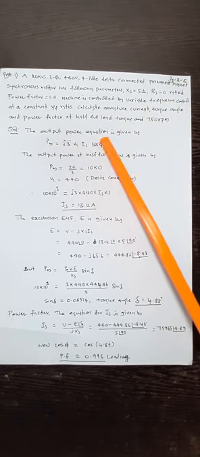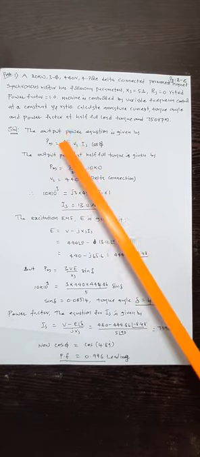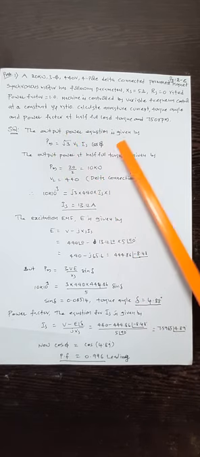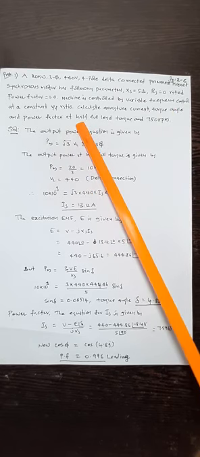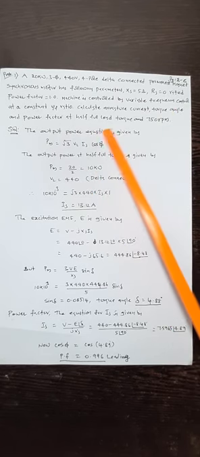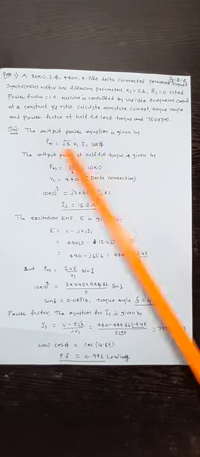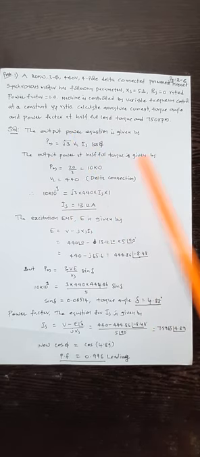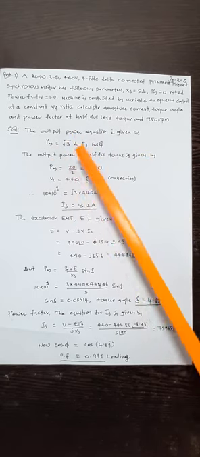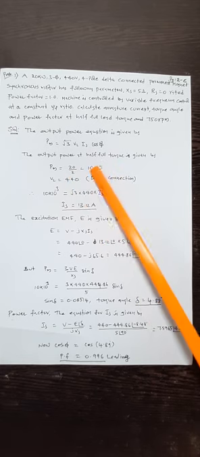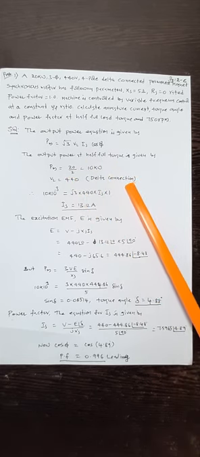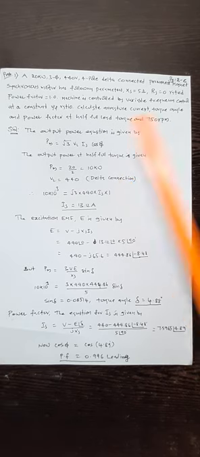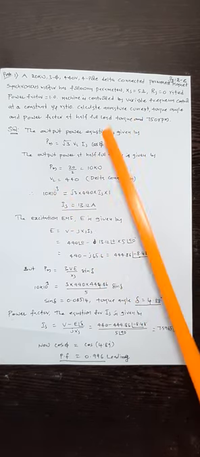So the output power equation is given by Pm is equal to root 3 VL Is cos phi. While calculating all this, he mentioned a point: half full load torque. Half full load torque in the sense, the output power at half full load torque is given by Pm is equal to 20 by 2, 10 kilowatts. VL is 440 because of delta connection and all the parameters are available. Substitute in this Pm equation.